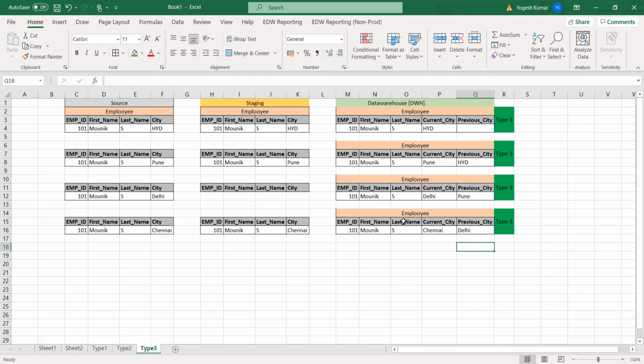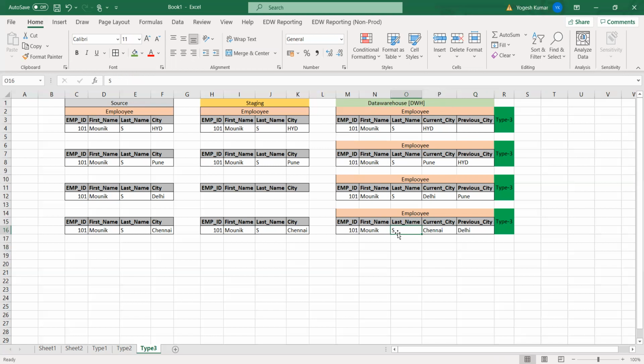Okay. In case there is a change in city in this table, they will clearly mention that if there is a change in a specific column, we will update that specific column only. We will not keep the history of the name. If there is any change in the name, we will do a direct update.